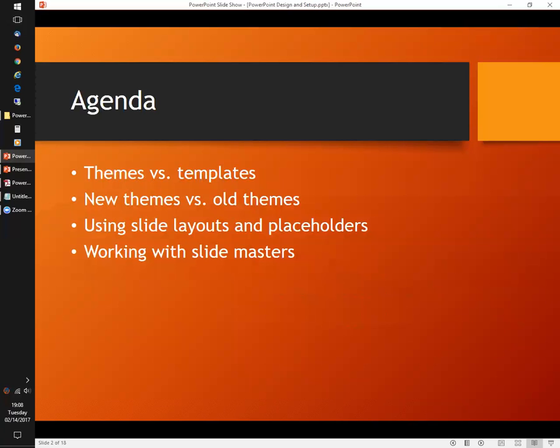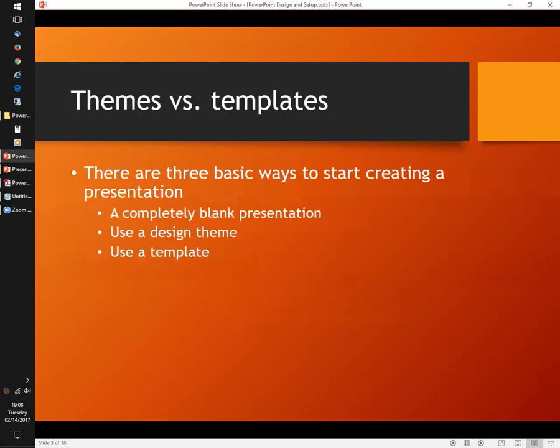And then lastly, and this will probably be a good chunk of what we do tonight, working with the slide masters and the layout masters. Often people wonder, well, where do those layouts come from? What guides everything in a PowerPoint? That comes from something called a slide master and its various layout masters. So we'll talk about what those are and how you can manipulate those to change how your presentation looks. Okay? All right, so let's get started.